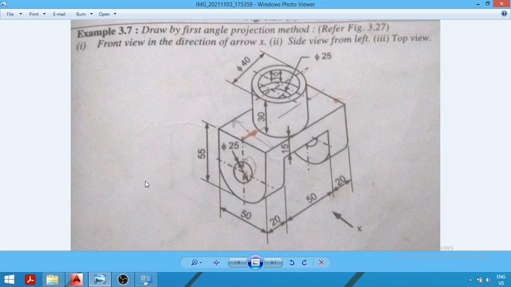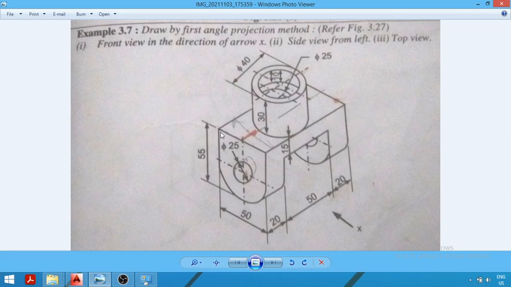So while drawing the side view, first we will construct the lower surface, which is clearly visible, and the circular hole inside it is also visible. So from the side we can see this entire planar surface and the circular hole inside it. Similarly, on the top side we can see this cylinder. So in the left hand side view, first we will construct this shape, that is the side view of the lower part.